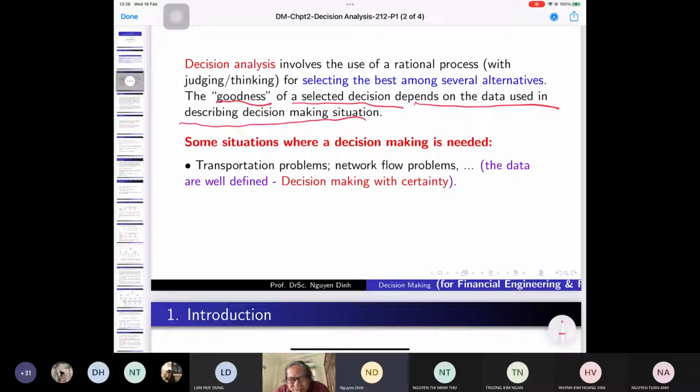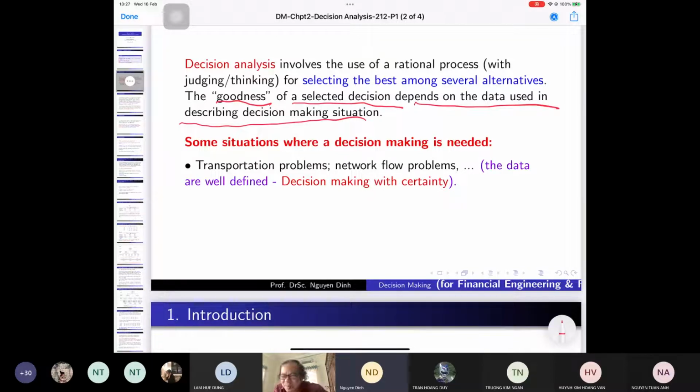Trần Hoàng Duy, can you answer me? You study optimization 1 with Professor Hai already, this semester? Did you already study last semester or just this semester? This semester. Yeah, maybe. Okay, you can study optimization 1 parallel with this.